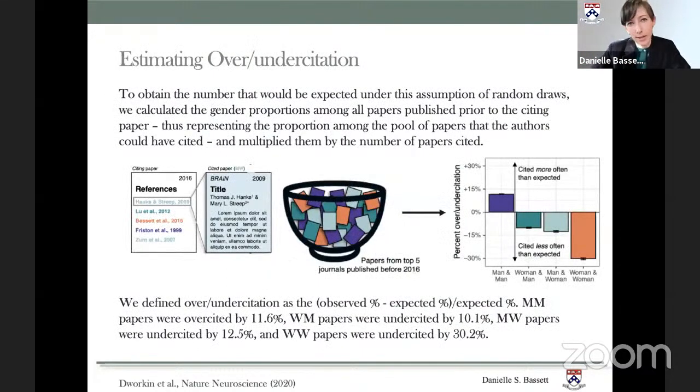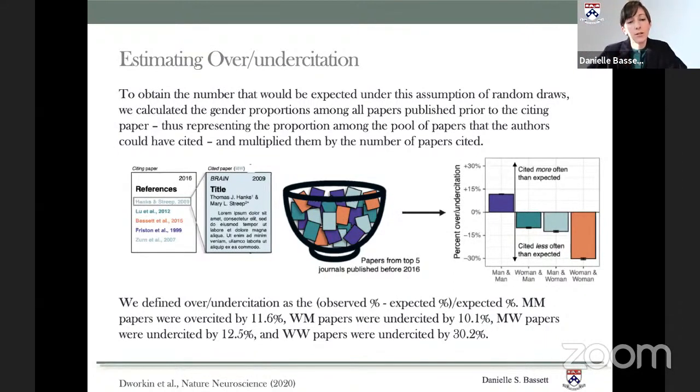And now the next challenge is, how do we say that one of those groups is being oversighted or undercited? Well, what you can do is that you can say, let's look at the number of papers that are out there in the field in each of these categories. Then whatever that proportion is probably going to be reflected in our reference lists. So in other words, if there are more papers that are written by men, we're going to have a lot more references in our reference lists that are also written by men. So that's just normal, and that would be typical because we're canvassing the field accurately. Now the question is, how do we measure whether we're not canvassing the field accurately? We're kind of skewed in how we're canvassing the field.